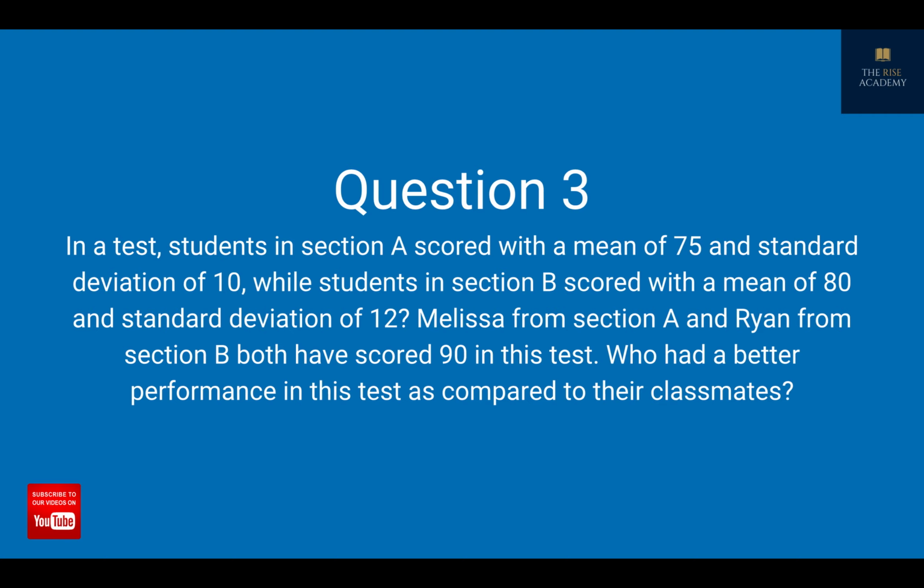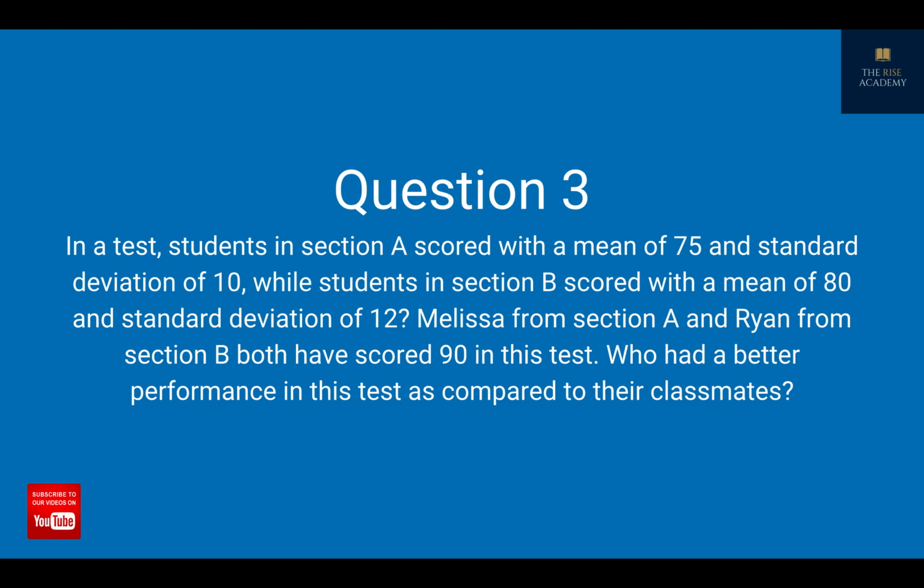A very classic question because as a data scientist, you might be given problems where you have to compare your organization's performance with that of a competitor and tell whether you have done better or worse or the same, right? So instead of a company, here we have two sections in a school and we are comparing the scores of two particular students. So both of them have scored 90, but does that mean both of them have scored equally well or one of them has scored better? So how do we answer this kind of a question?